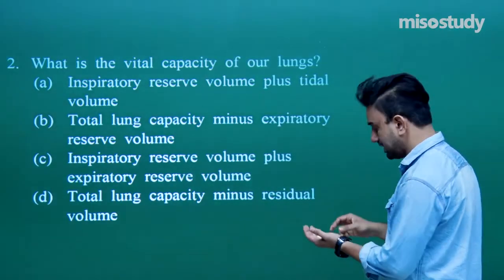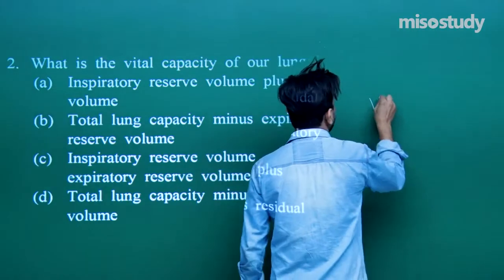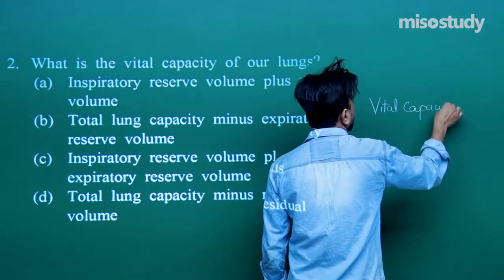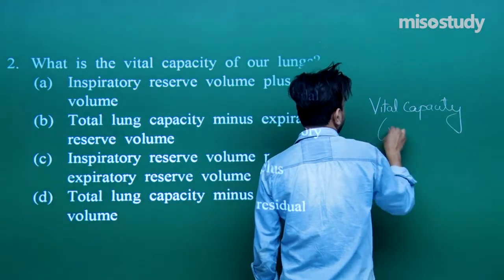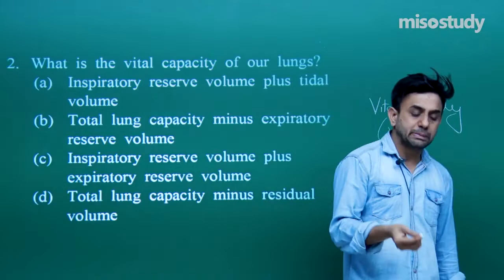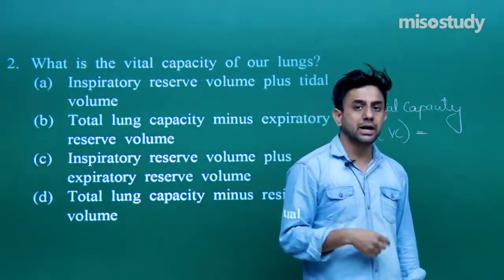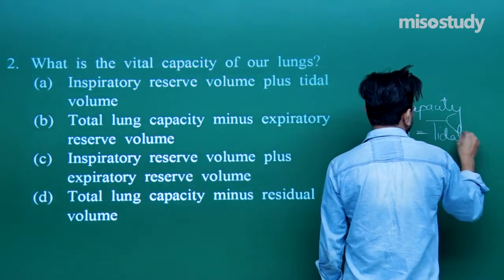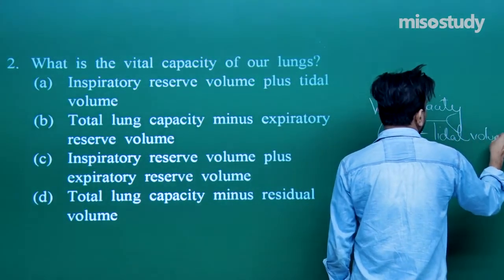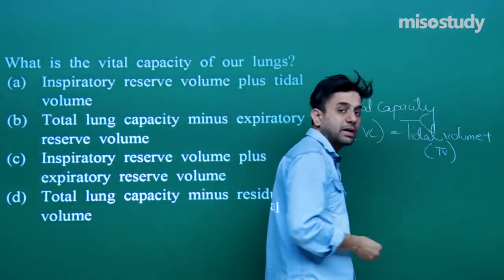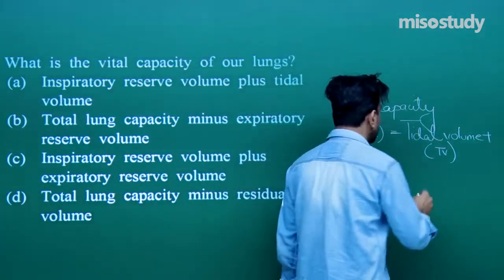First of all, the vital capacity, that is VC, is equal to what? The normal volume of air being inspired in and expired out, that is the tidal volume TV, plus